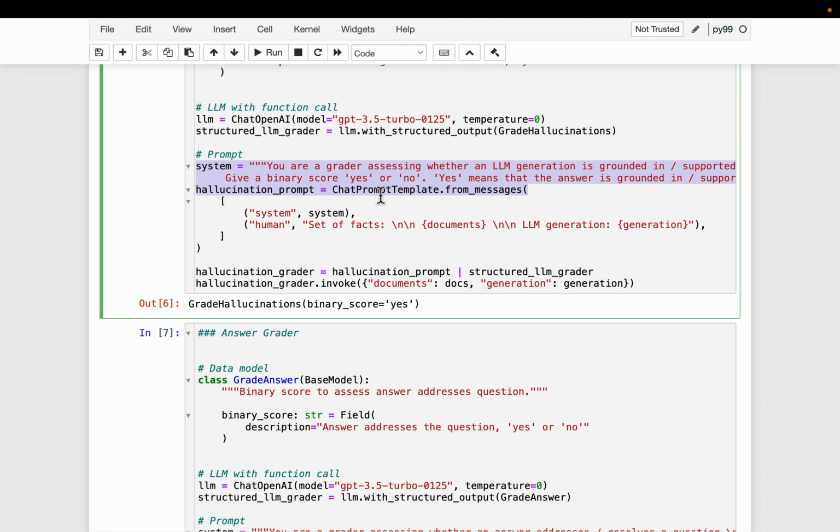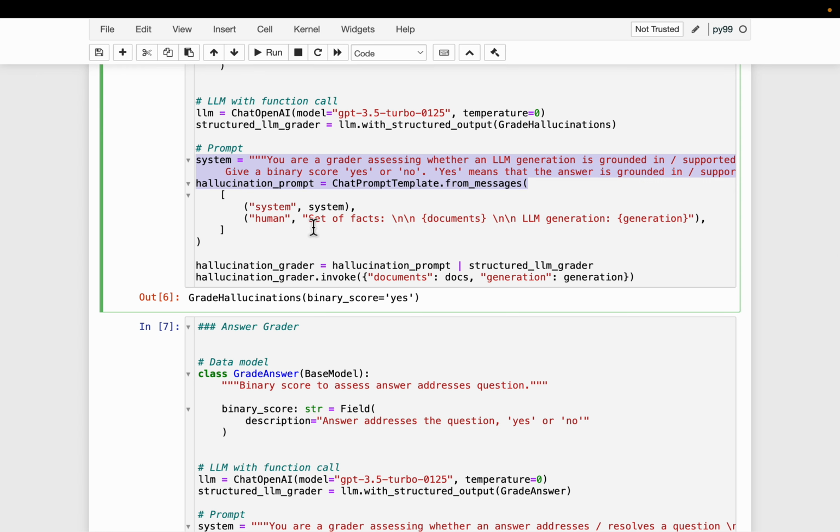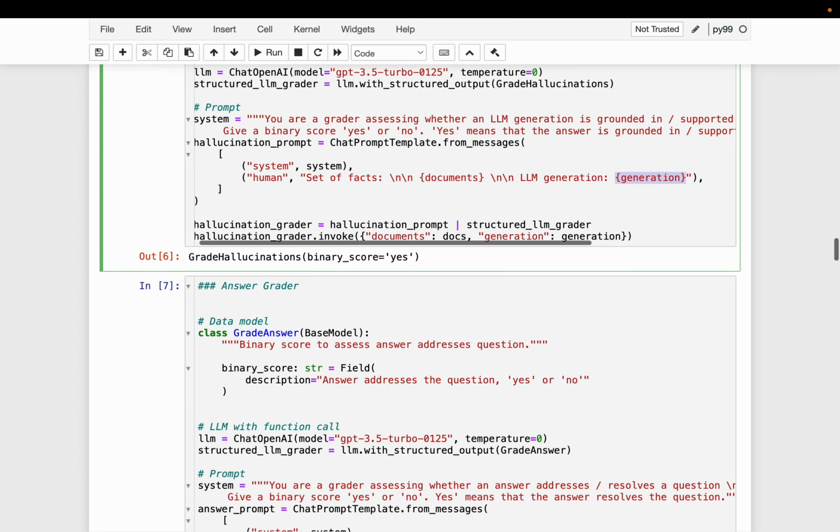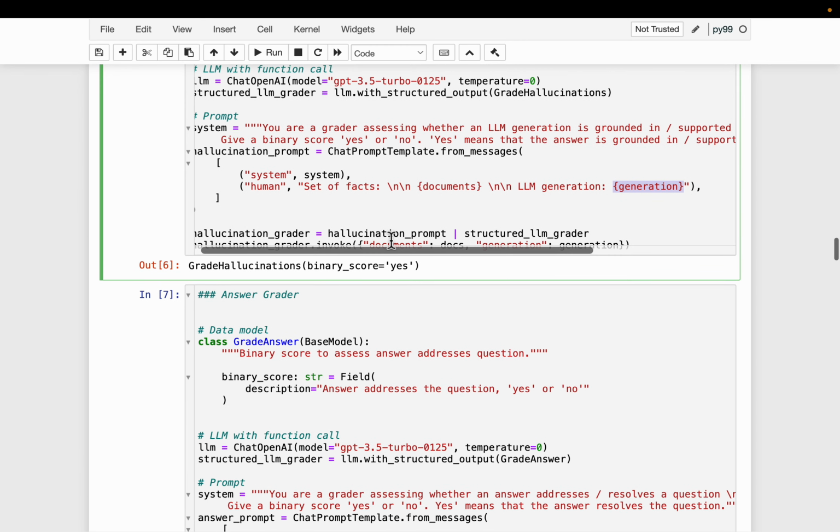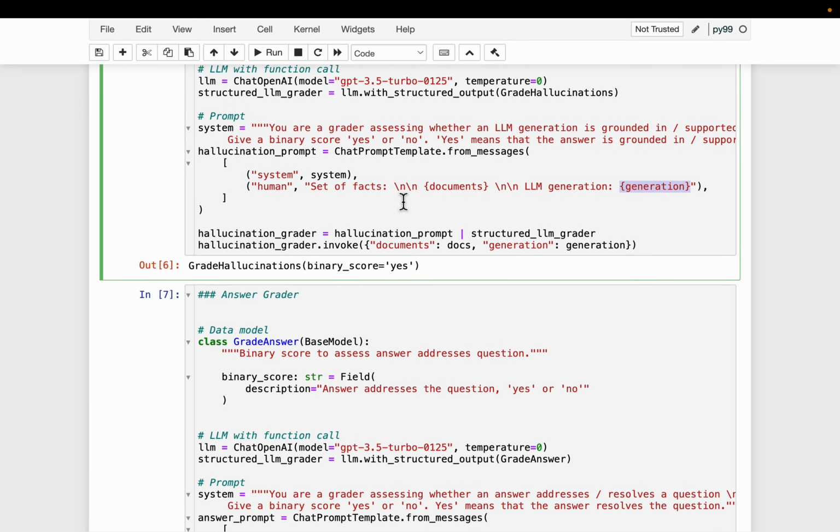Okay, so it takes 2 parameters: one, the retrieved documents, and two, the answer. Here we are providing the set of facts, which will be the top documents, and here is the provided answer. Again we put it together. Here we have the documents, and here we have the generation.